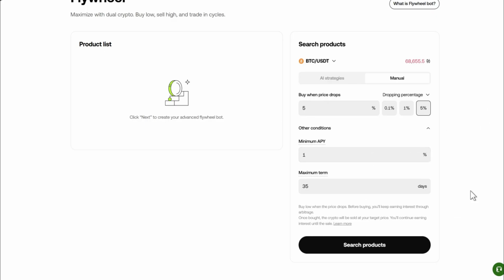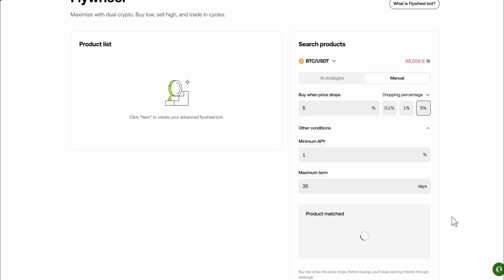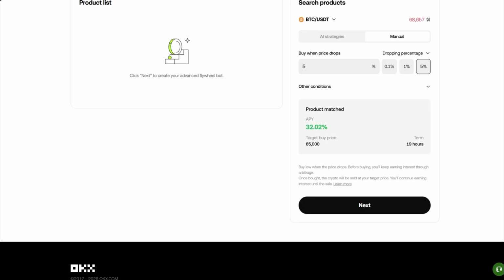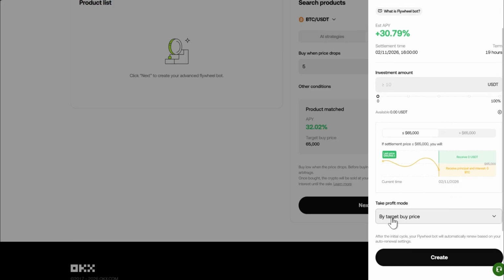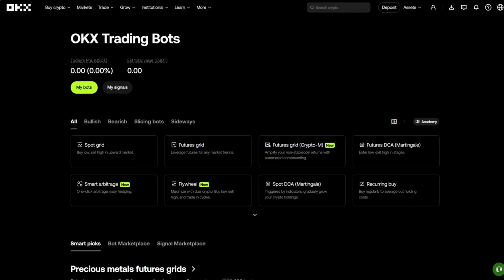This allows you to set the exact levels where you want the bot to buy when the price drops. You can also define your own conditions, like a specific minimum APY you're willing to accept. Once you find a product match that fits your strategy, click Next. A sidebar will appear where you will input your investment amount and choose your take profit mode. You can set this by a target buy price or by a rising percentage. Once those parameters are dialed in, click Create and your flywheel is in motion, generating yield and trading the cycles